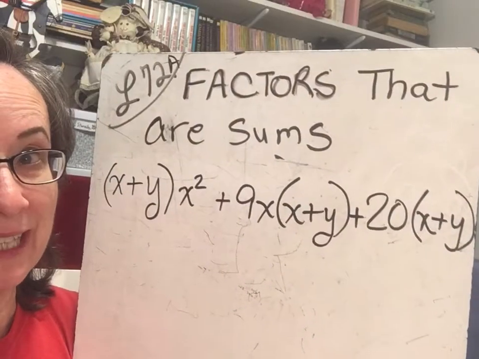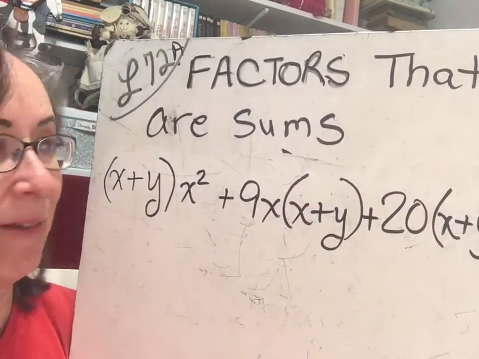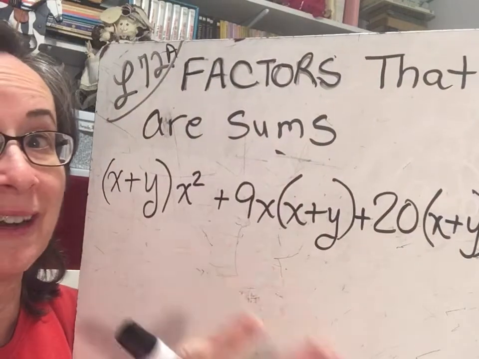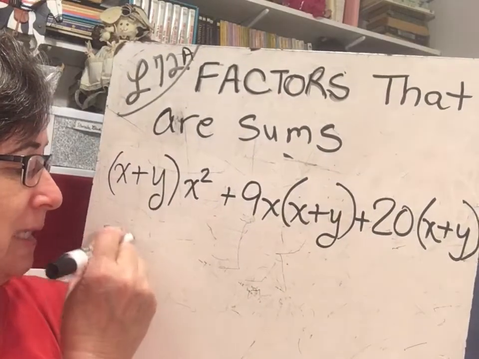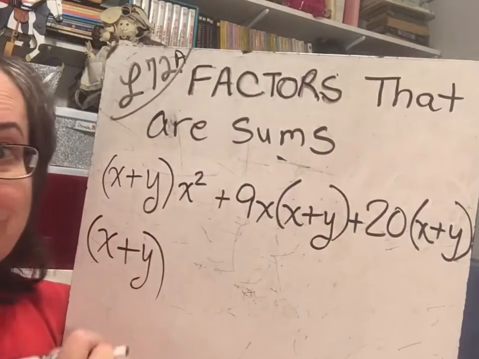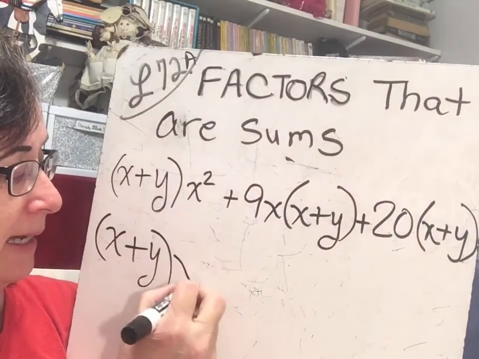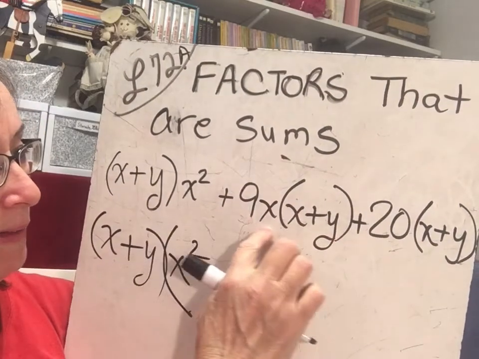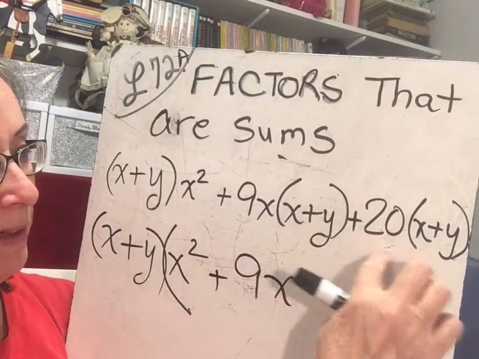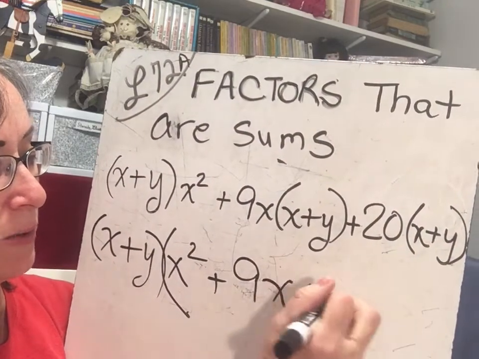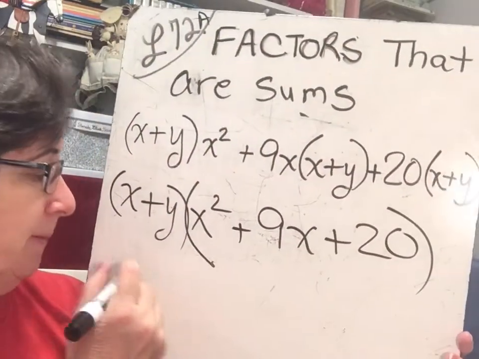Okay, here's another example, and notice that I have an x plus y, an x plus y, and an x plus y. So that's what they meant by sometimes factors are sums that are already sitting there staring at you. So we're going to pull out the x plus y, and then we're going to divide this whole term by x plus y and get x squared. Divide this whole term by x plus y and get 9x. Divide this whole term by x plus y and get plus 20. And then all we have to do is leave the x plus y there